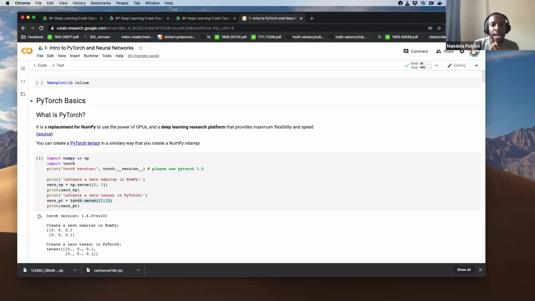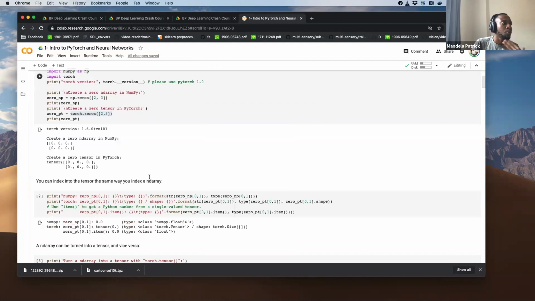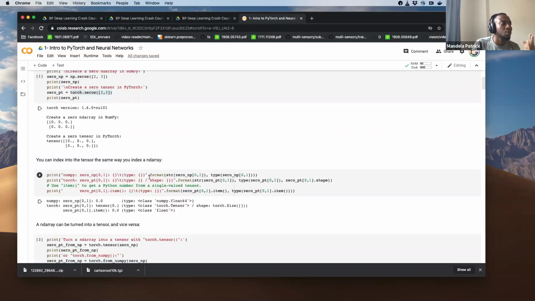From Aidan, if the device is not declared, can you just add it? By default, every tensor that you create is on CPU, but you have to move it to GPU.